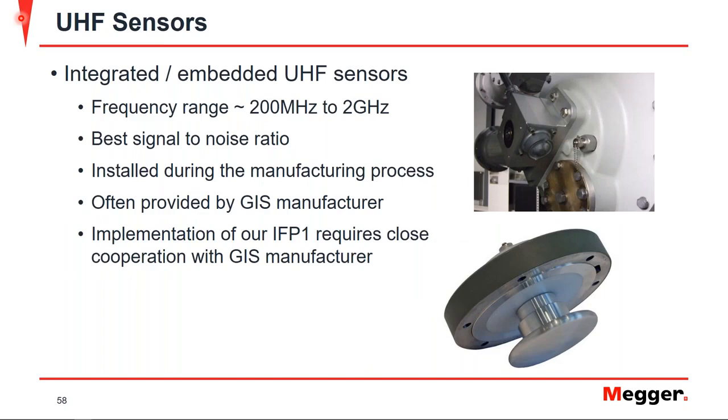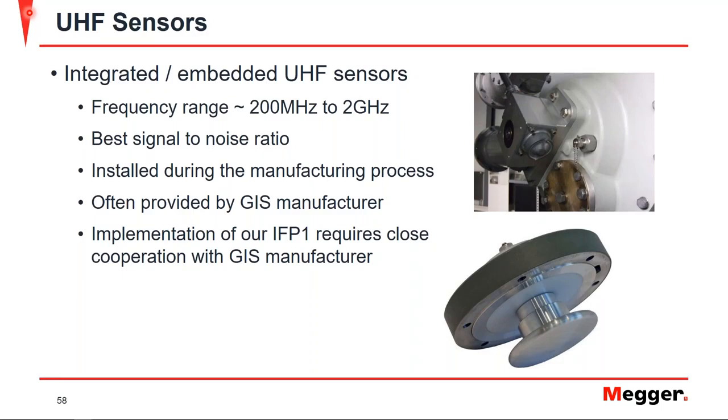Finally, we do have the ability to use integrated or embedded UHF sensors, and you can see the large frequency range that we have here between 200 megahertz and 2 gigahertz, so giving us that wideband measurement. They also offer the best signal to noise ratio, as one would imagine, because they're internal to the GIS. So as the GIS acts as a waveguide, that signal can be decoupled directly from inside. And these can be installed during the manufacturing process and are often provided by the GIS manufacturer. You can also use the implementation of the input frequency protection in close cooperation with the GIS for integrated embedded